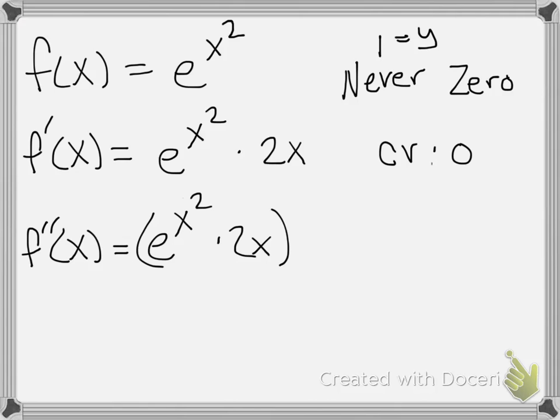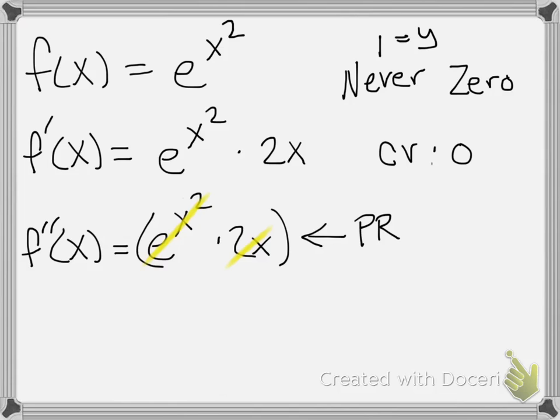Okay, now what you should notice about this is we're going to be using the product rule, because we have our e to the x squared times the 2x, so we're doing the product rule,